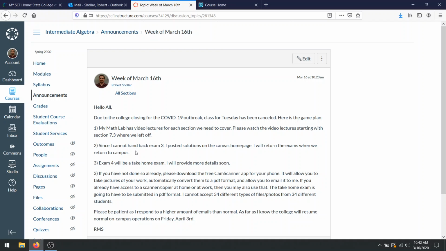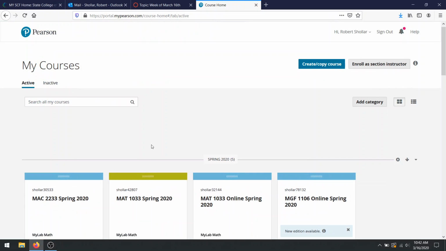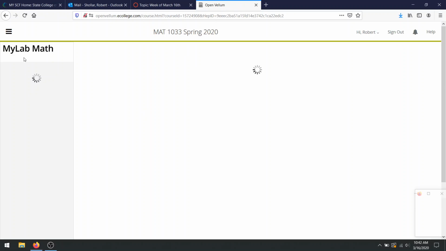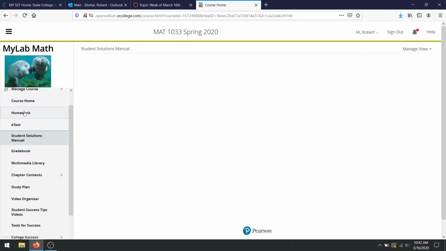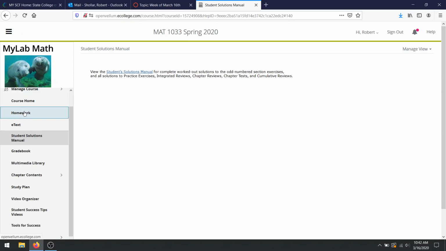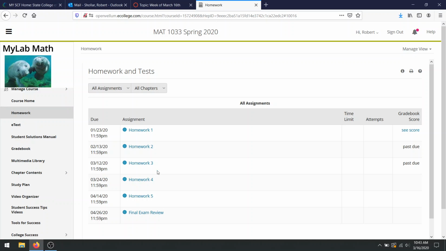What that means is you're going to have to log into MyMathLab. And when you click on the course in MyMathLab, on the left-hand side, probably the only thing you've been concerned about so far is the homework. As far as I know for now, I'm not going to be adjusting any due dates, but I most likely will be pushing some due dates here or there depending on what happens with the course. But you can see that the homework tab is mostly the stuff that you've been concerned with.